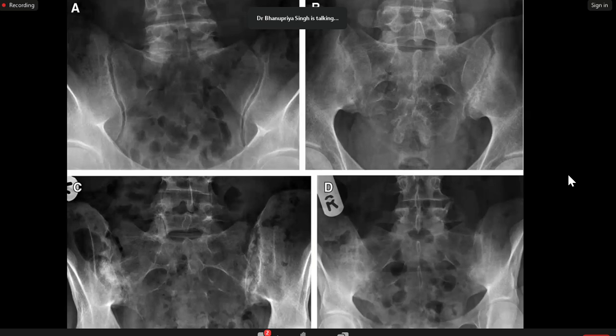Now, this is the New York criteria that we just discussed for sacroiliitis. And what do we see? Sequential grades of increasing severity of disease. So in grade 1, what are we seeing? We are just seeing some sclerosis along